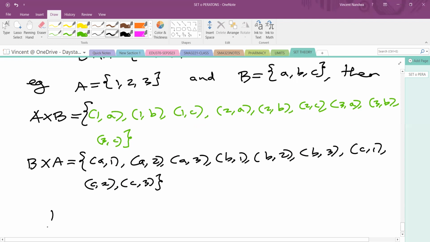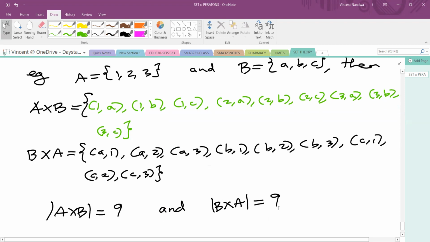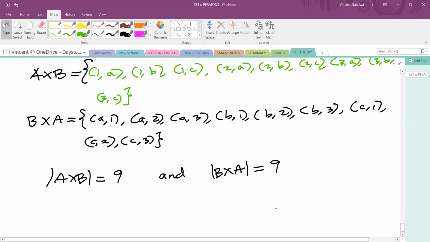So clearly you can see that the cardinality of A cross B, the number of elements here, is 1, 2, 3, 4, 5, 6, 7, 8, 9. And the cardinality of B cross A is 1, 2, 3, 4, 5, 6, 7, 8, 9 also. So we can say A cross B is equivalent to B cross A, because they have the same cardinality. But the two sets are not equal. Note that A cross B is not equal to B cross A,